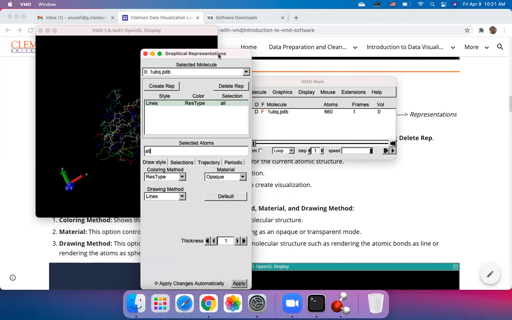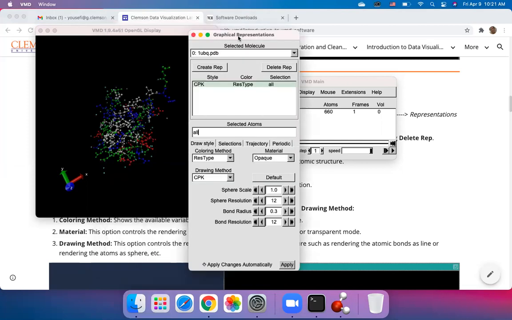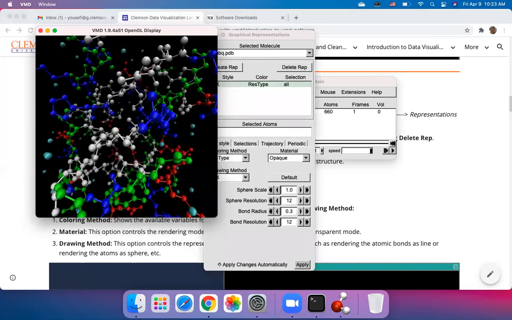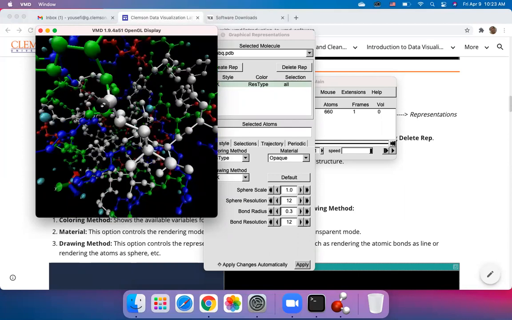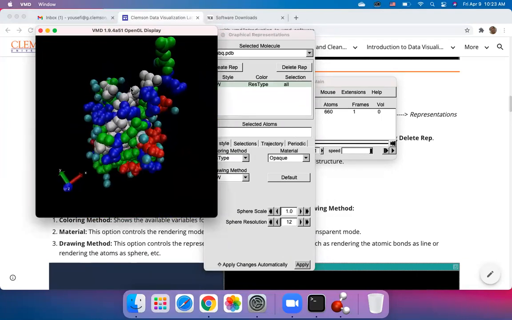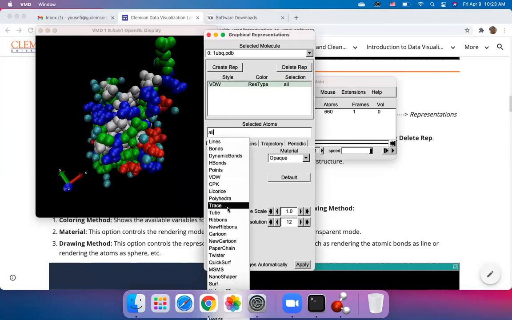And also the drawing method are the different types of rendering modes that we have in VMD. Right now, it's just simple lines that show you a line between two atoms as their bond. But for example, we could have the one that might be more familiar, showing the atoms as spheres and the bonds between them as cylinders, or this one that shows you the spheres as the atoms. Or sometimes for the biopolymers or the polymers, maybe we want to use the tube or